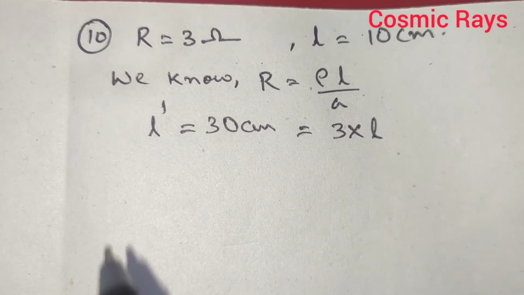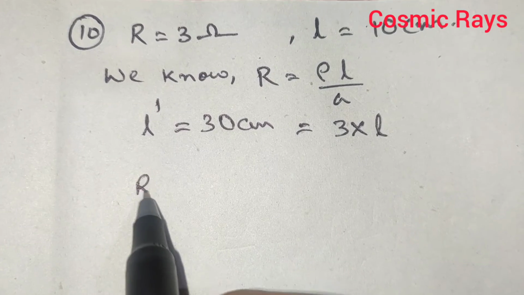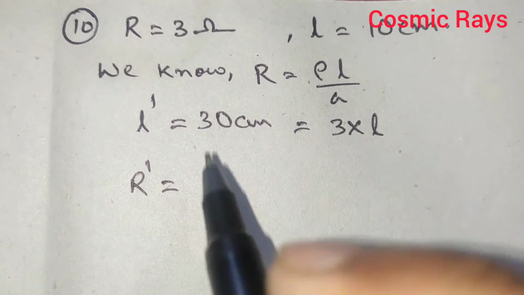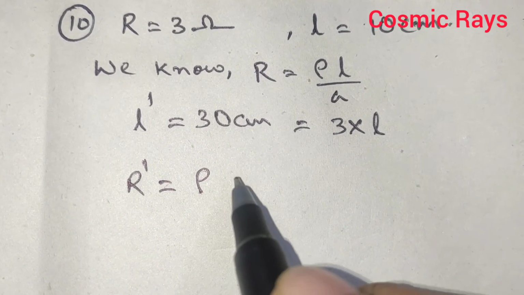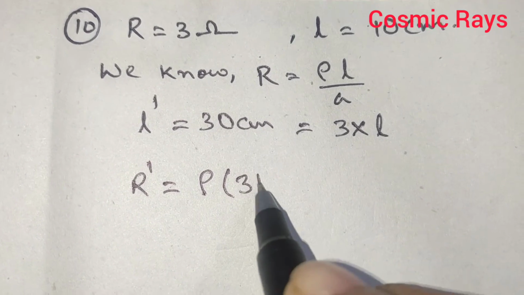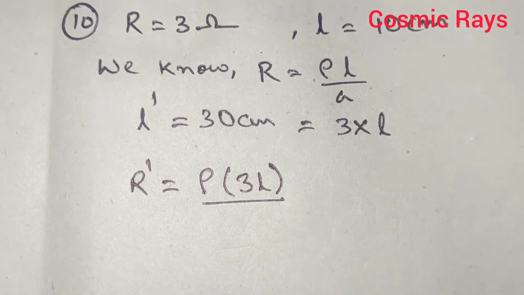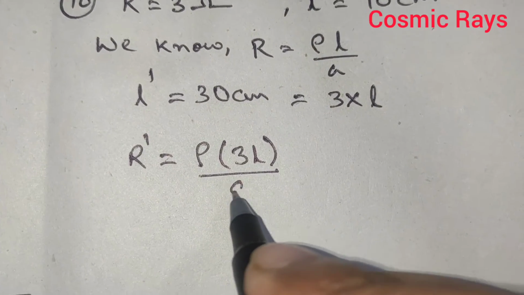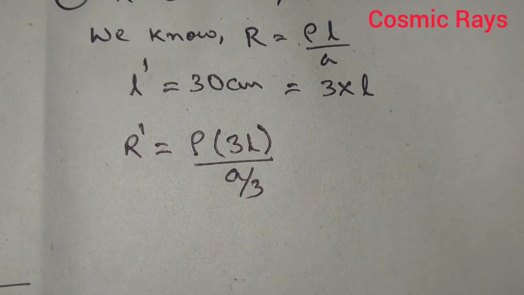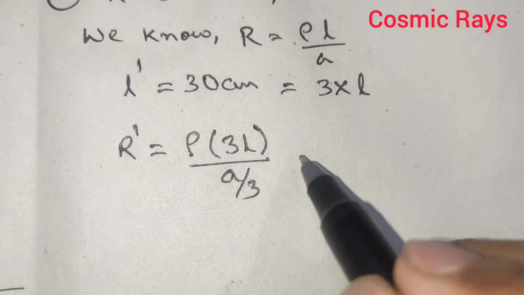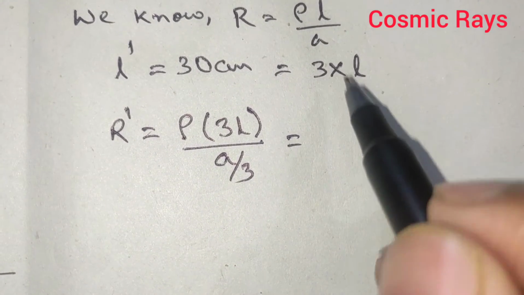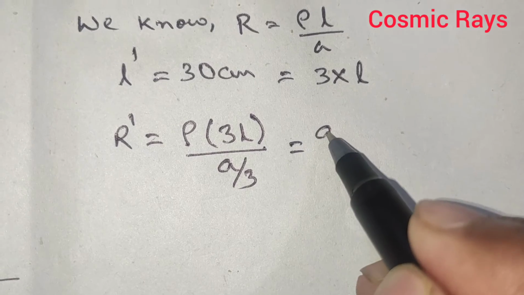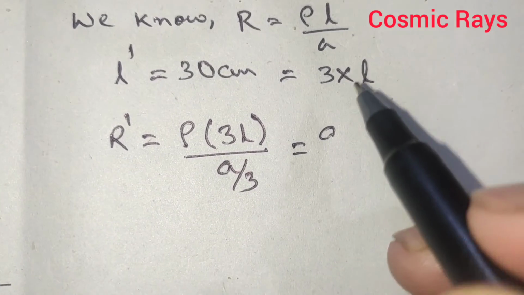So the new resistance, let's say R prime, is rho L. Now the new length is 3 times the old length, divided by area. Area will decrease by 1/3. So if we cross multiply, we will get 3 and 3 will be multiplied. So we have 9